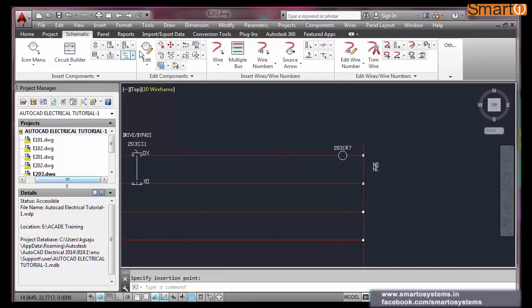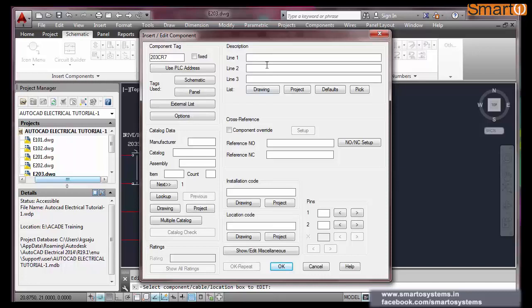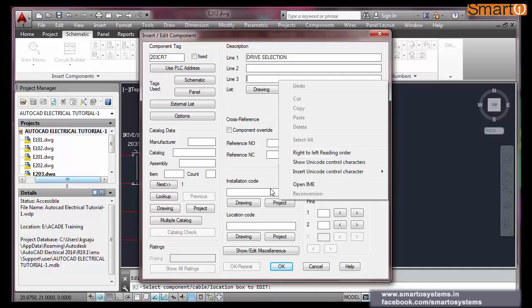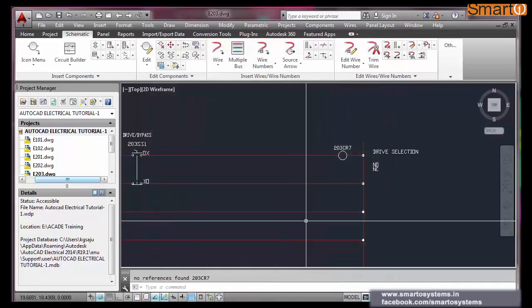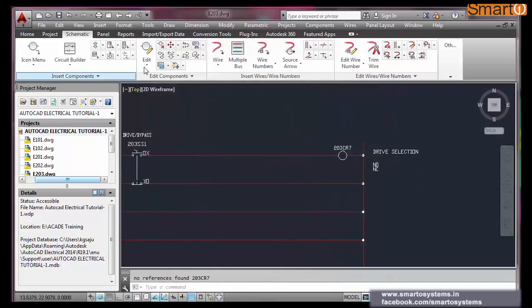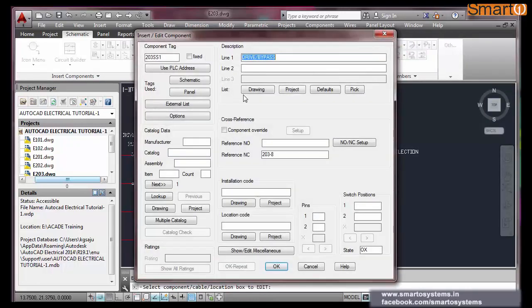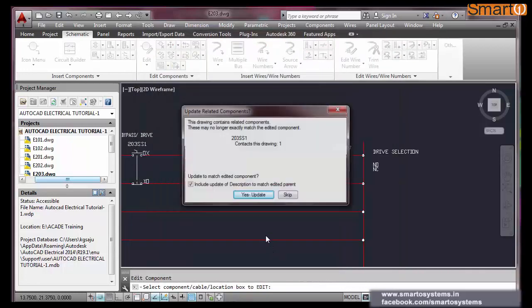Now this is here. So this particular relay is, let us assume, for drive selection. And if you want to change it a little bit, drive bypass drive.